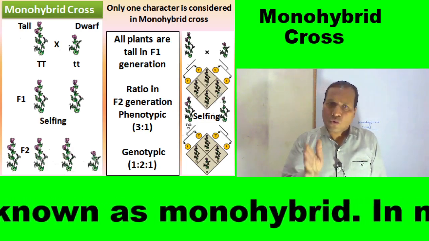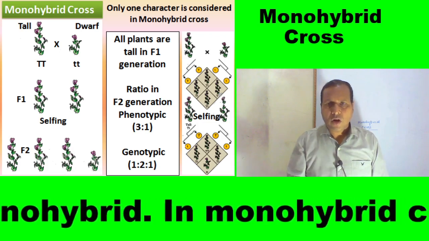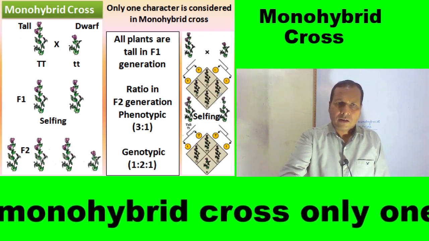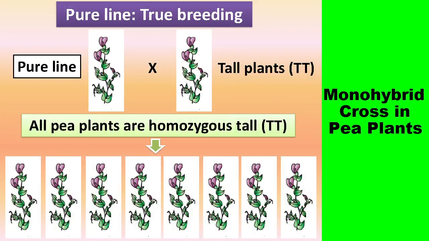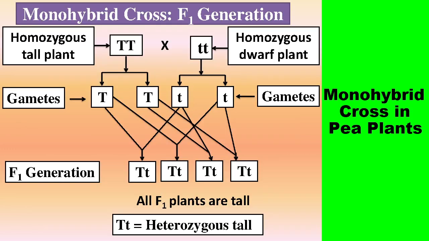was named monohybrid cross. In monohybrid cross, he wanted to observe the expression of one character, that is the expression of one gene. And you can see here in this figure, pure line was generated by true breeding. Pure line tall plants were cross-pollinated artificially, and the products were all tall. Now this is the pure line. After getting established pure line, he